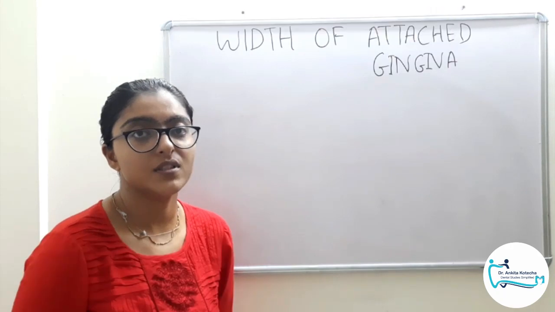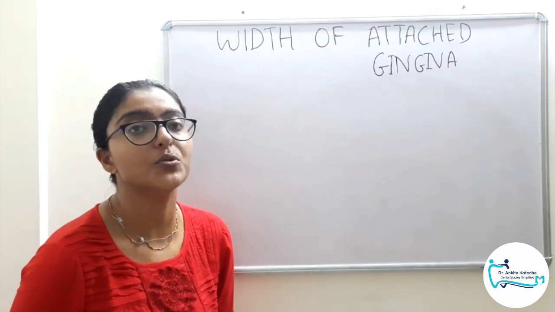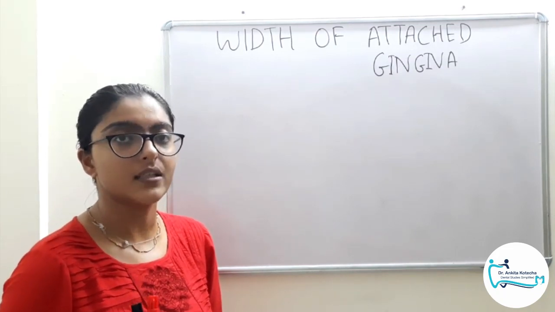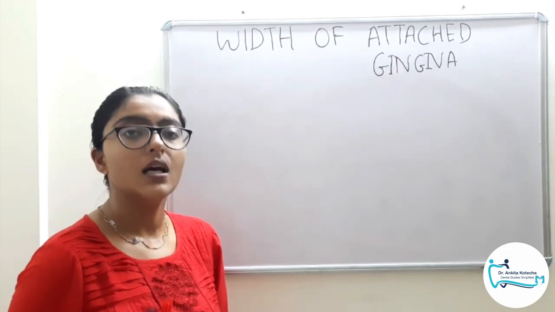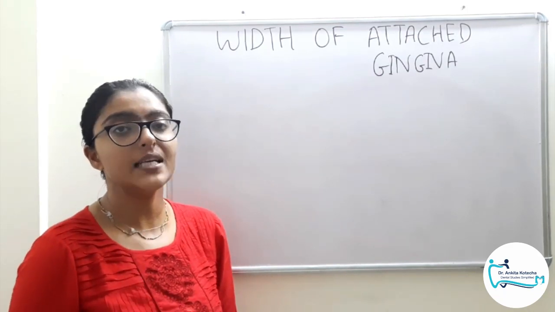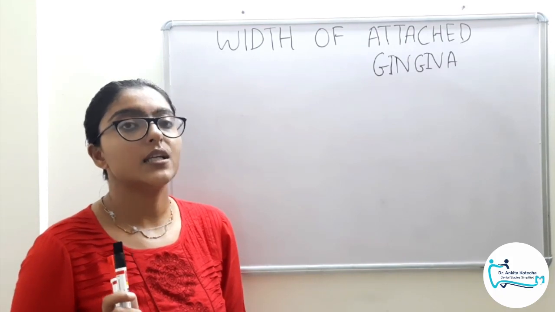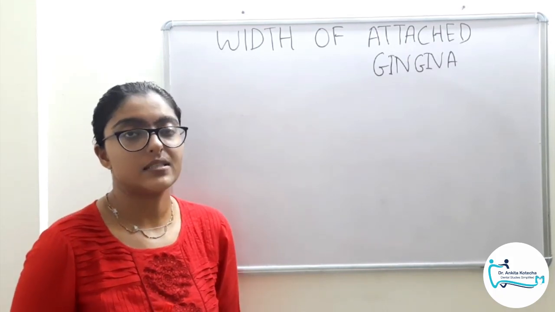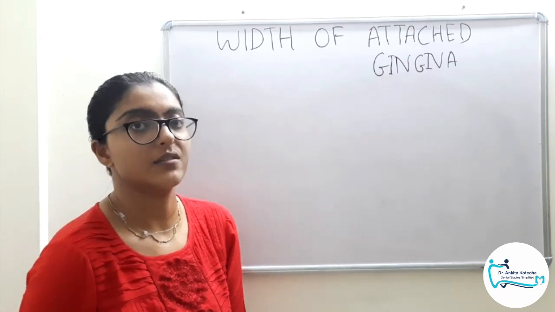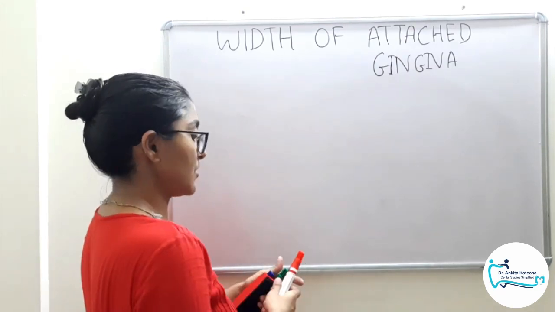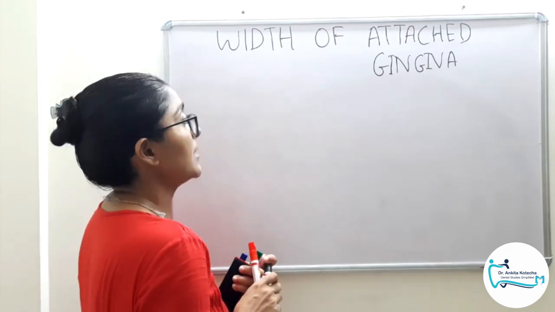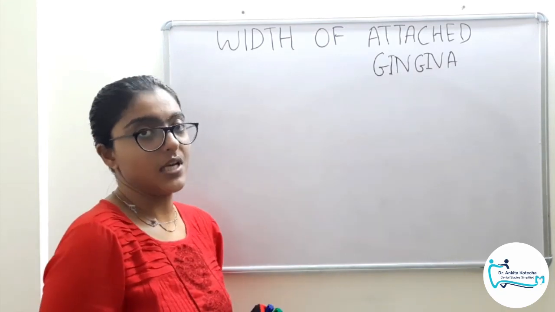In the previous part of this topic, we discussed how to locate the mucogingival junction. That is mainly 4 methods categorized into 3 categories: visual, functional and anesthetic. Under visual, we have 2 methods: direct visual examination and visual examination after staining. And under functional method, we have roll test. An anesthetic method is an outdated method of historical perspective. So once the mucogingival junction is identified, then it is time to measure our attached gingiva.